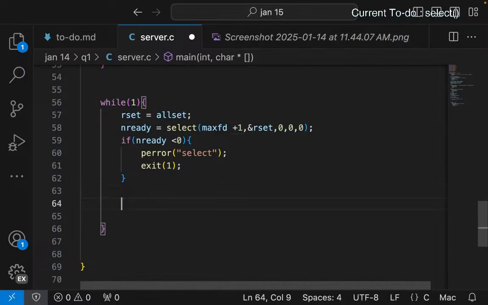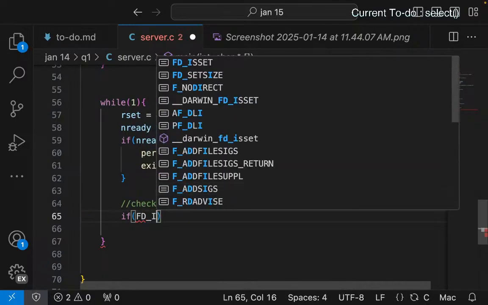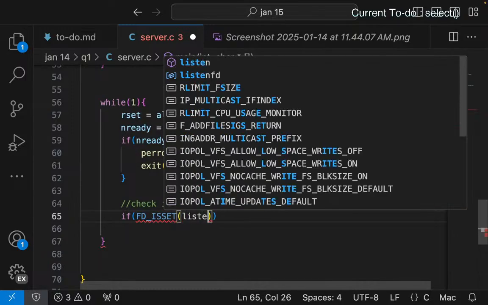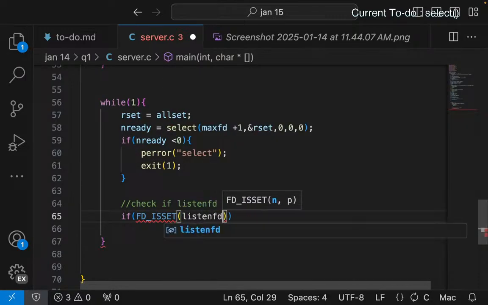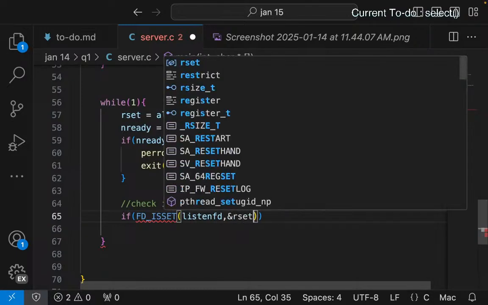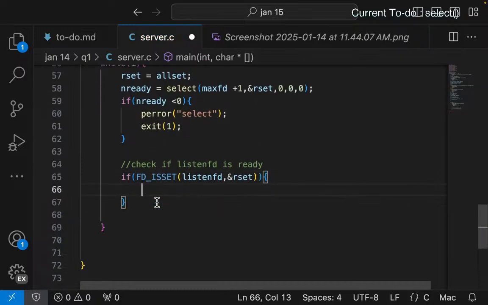You just check if listen fd is available, is ready. So that is done by if FD_ISSET on the listen fd from the r set, then it means that it is ready. Accept new connection,